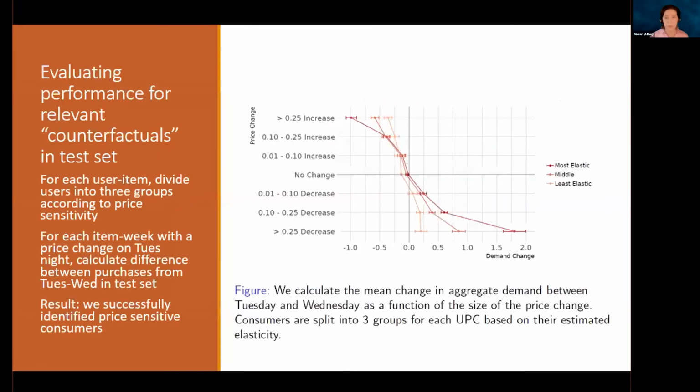Now, as I mentioned, especially for my econ and marketing crowd, we're used to really thinking about the world as there's one true model, and we've consistently estimated the parameters, and we have a theorem that says that we've converged to that one true parameter. Well, the machine learning way of thinking about it is more that we're going to do a bias variance trade-off, and it's an approximation, and it's always going to be an approximation, and so we never really believe we've gotten the answer right. And so instead of relying on a theorem that says I've consistently estimated this parameter, I want to find other ways to validate the model.